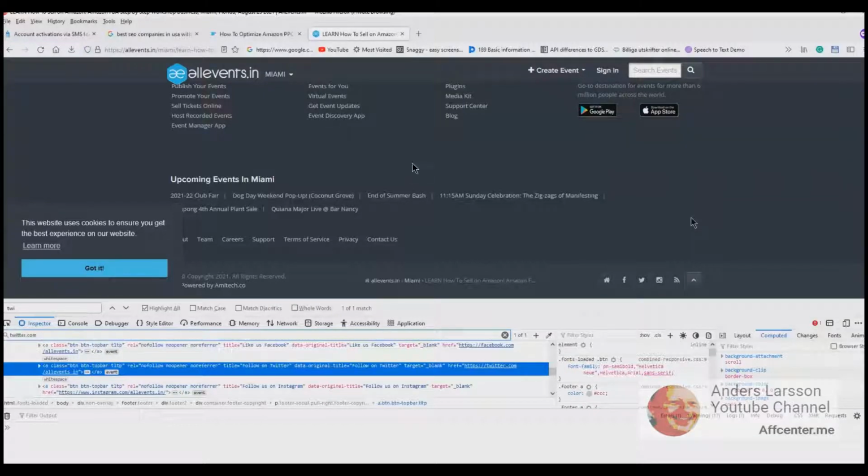Most website browsers have this inspect tool where you can inspect different elements on the page. So basically you open it and then you search for whatever you want to search, and in this case it is twitter.com, and it takes us to a link. Using this tool will highlight the element so it makes it easy to find where it is located or placed.